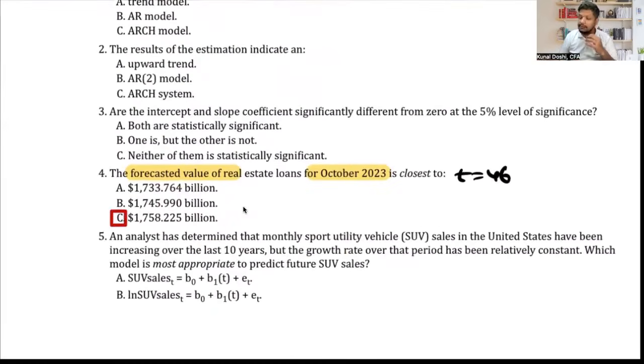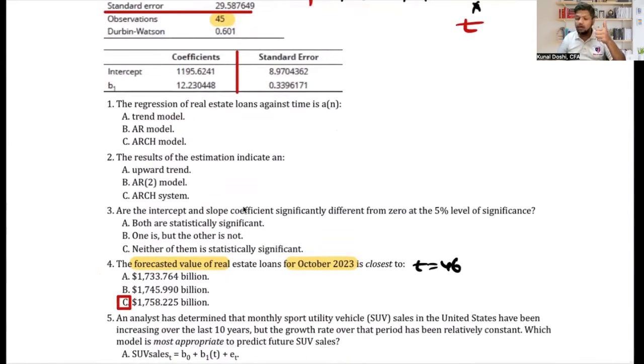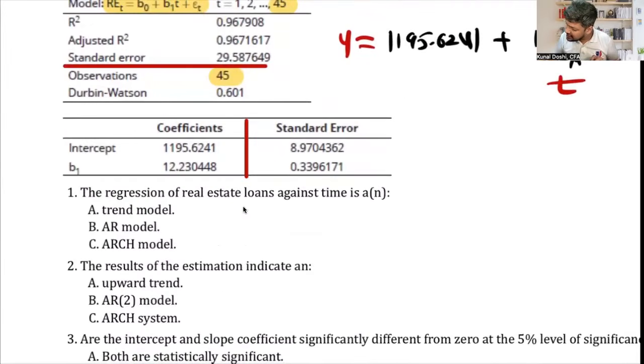1758.22. Everyone, these many billions of real estate loans will be there. Everyone, correct? Got it? Everyone got the fourth answer? Easy, right? Okay. Now, let us see the regression of the real estate loan against time is a trend model, AR